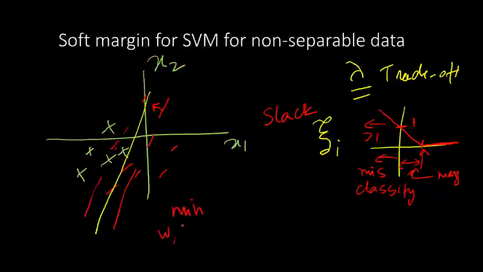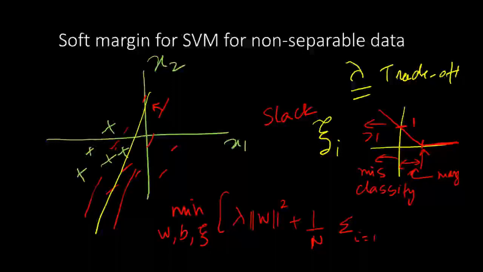Okay. So basically what we want to do is we want to minimize over w, b and the entire vector of xi, for all the points, lambda times mod of w squared plus 1 by n times the sum from i equals 1 to n of xi_i. Ideally, if it is linearly separable data, then I can get all the xi_i's to be 0, because I can do correct classification,